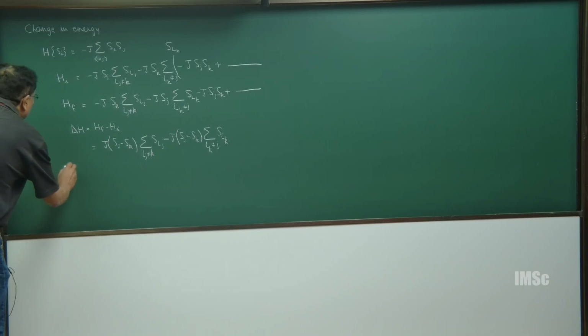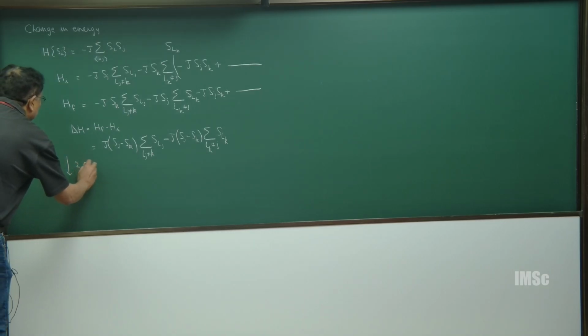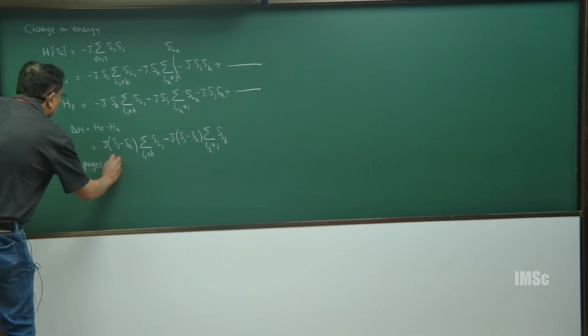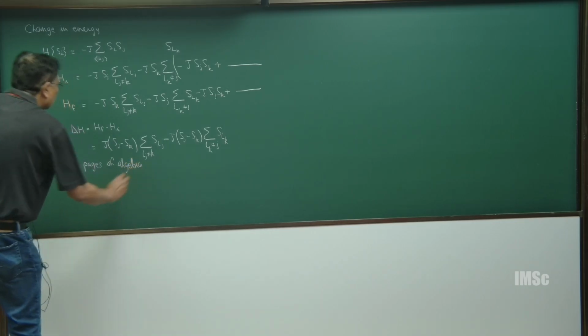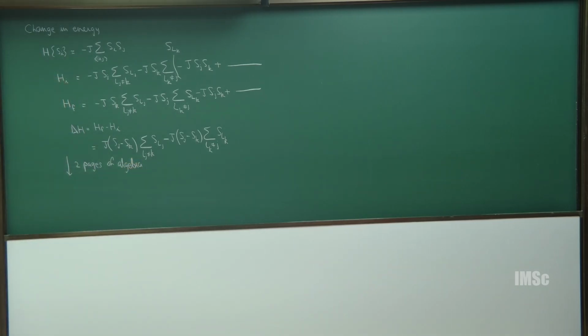Because this is Kawasaki exchange, it is a little harder to deal with, but it's worked out very carefully in that chapter which Arnav is going to send you. So, you have a couple of pages of algebra, and then let me get to the last equation, which is